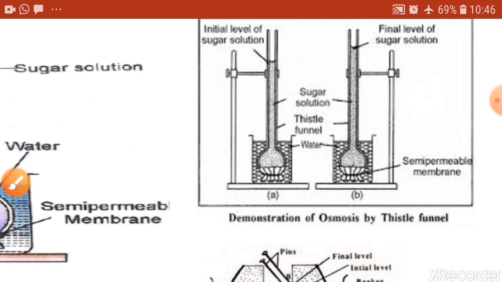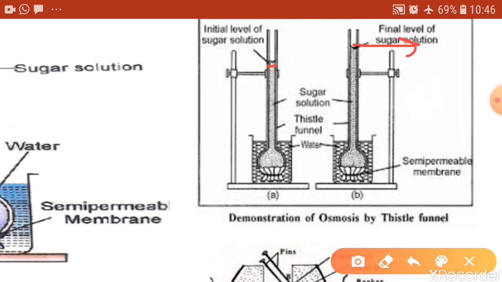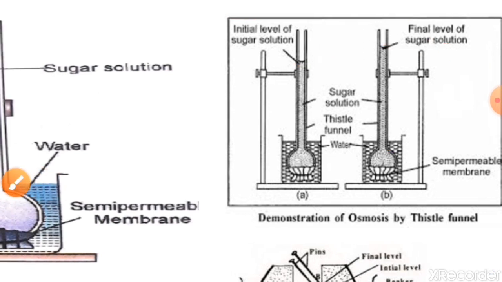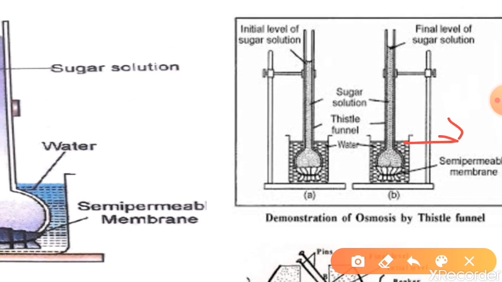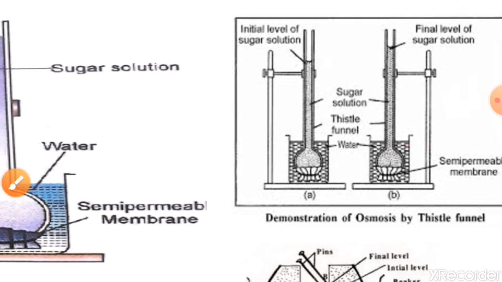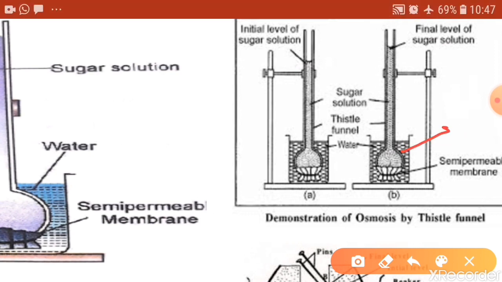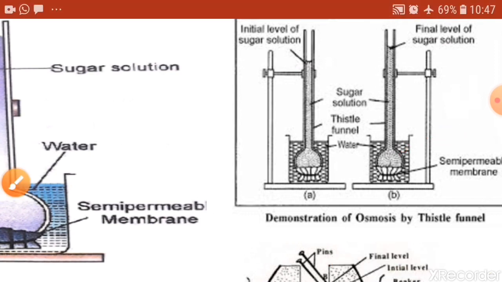After some time, you find that the level of the solution in the thistle funnel increases. There's an increase, and you will also find a decrease in the water level in the beaker; it will decrease a little bit. Now if you taste the water present in the beaker, or you can test it using Benedict's reagent,